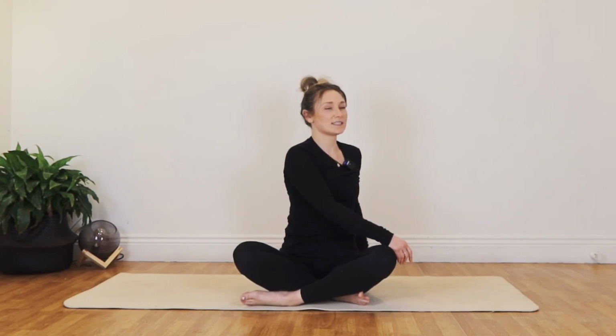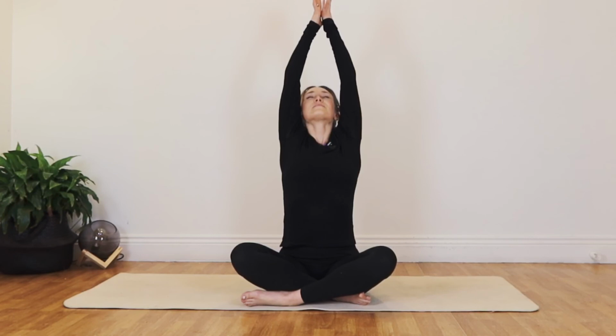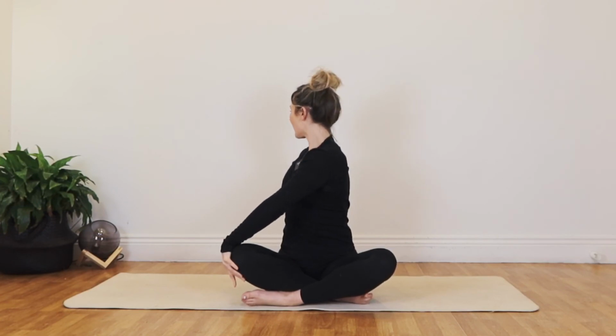Inhale, come to center. Reach the hands up, nice big cleansing breath, inhale. Exhale, let's turn towards the other side. So right hand comes onto left knee, and maybe that left hand comes behind us, really twisting and rinsing out